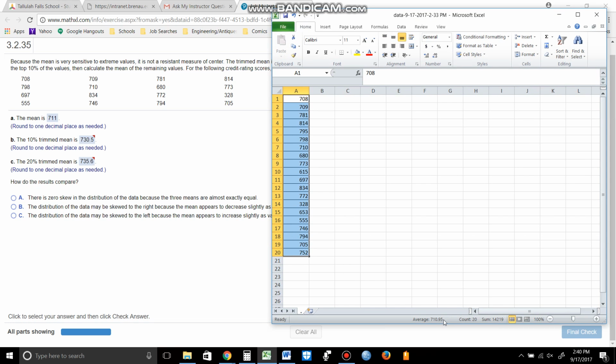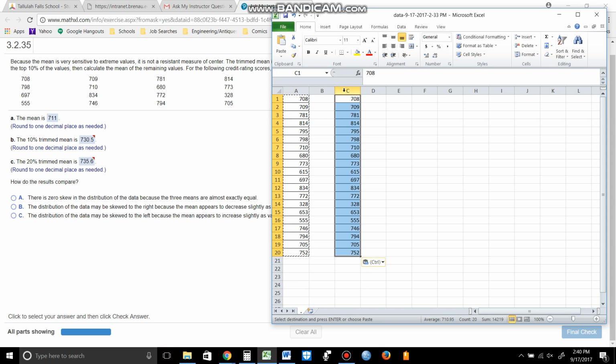As you see I've done here, if you look right down here, it will report the average or the mean: 710.95. If I round that to the nearest whole number, that's going to be 711. Okay. So now to find the 10% trim mean, I need to copy this data,